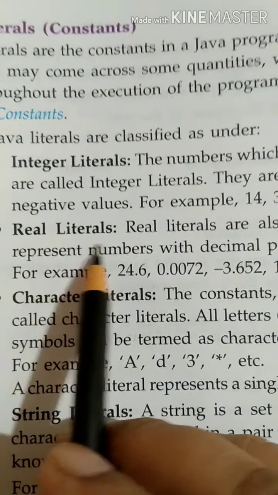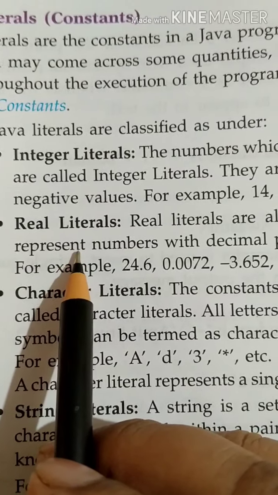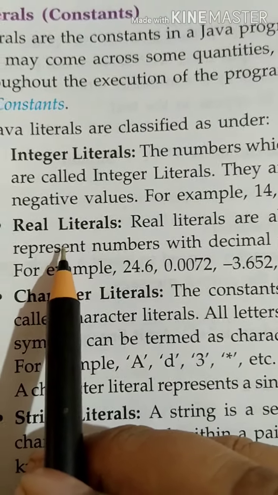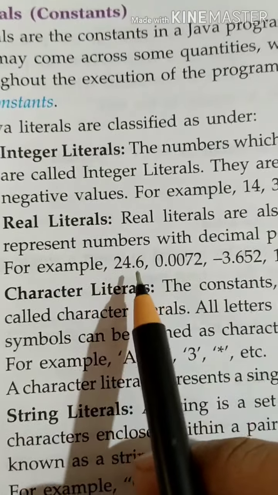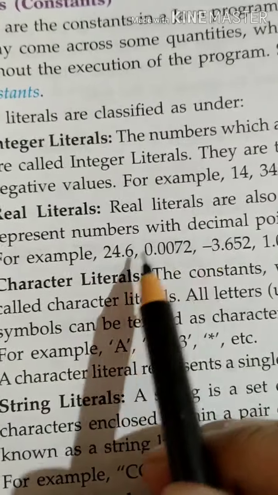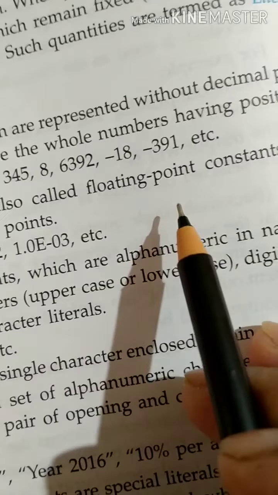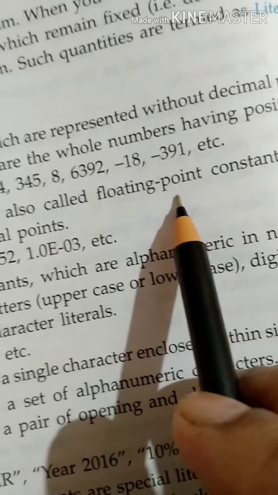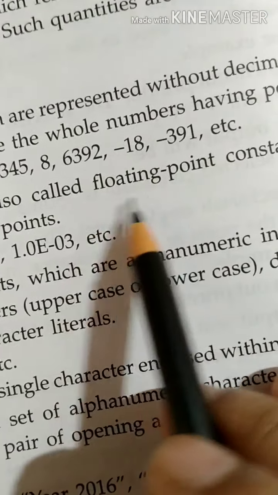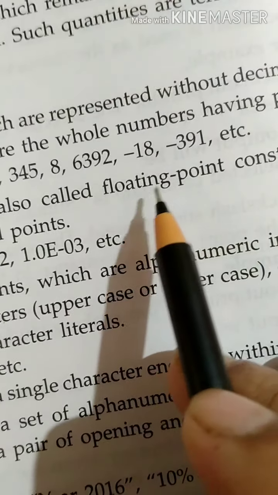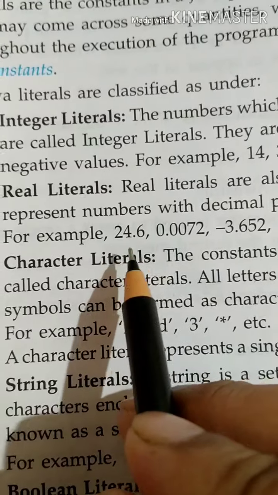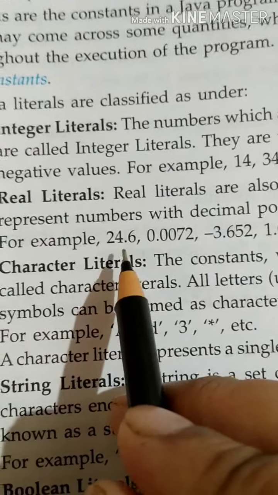Okay, real literals. When we buy or sell anything, we count our money in rupees and paise also. So for that we write real literals in Java programming. Real literals are also called floating point. When you shop in any mall, you will see the round off and floating off written in the bill. It means your decimal point is arranged, managed.